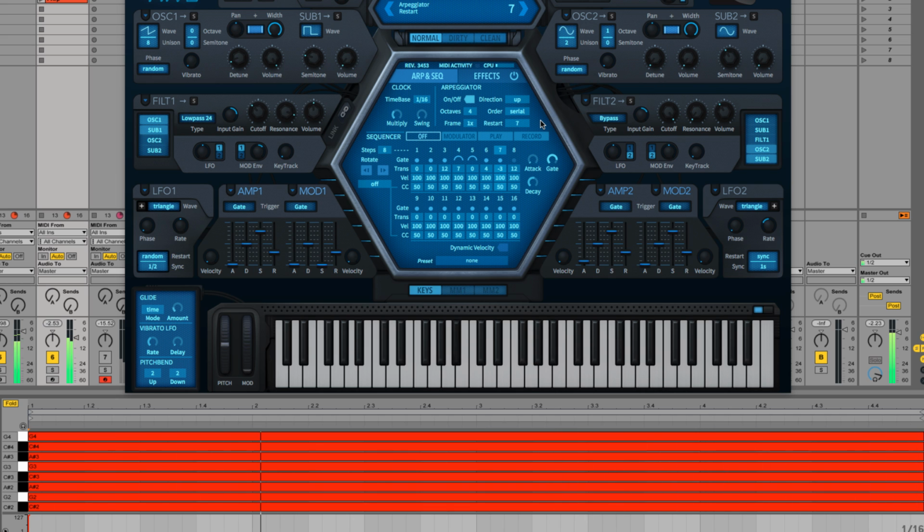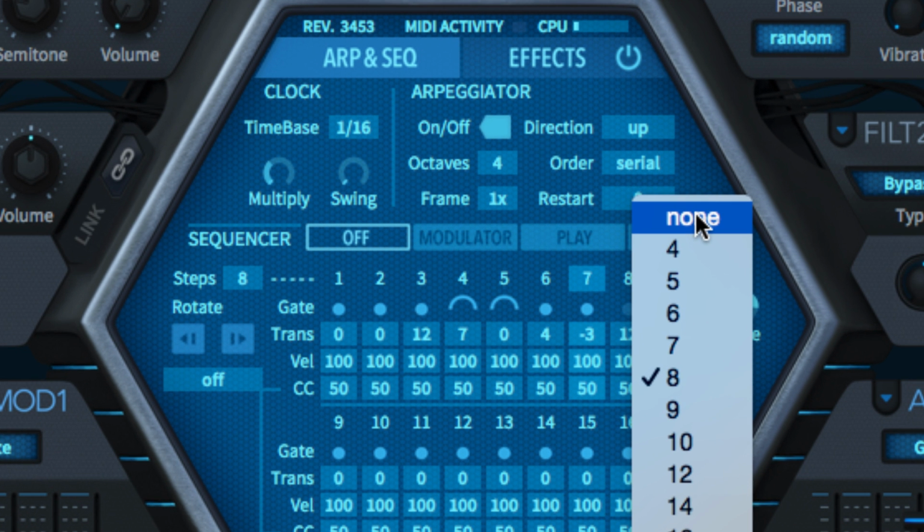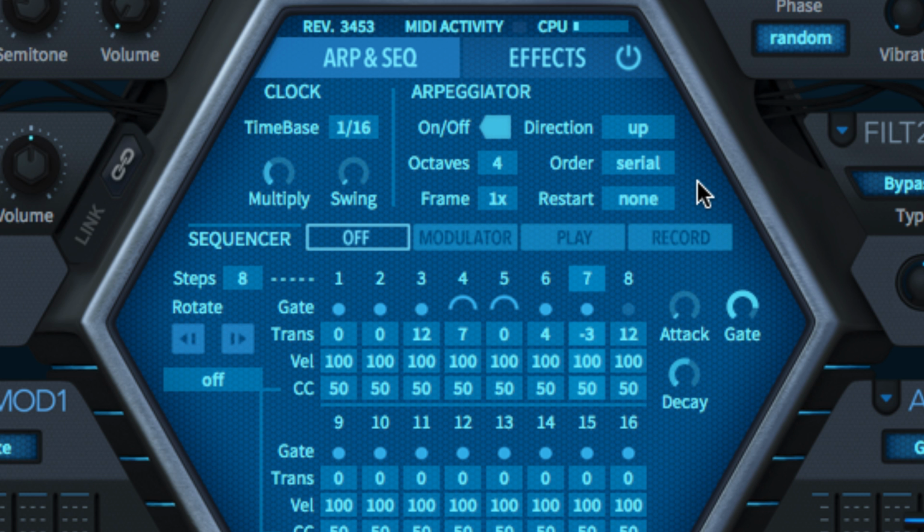This will happen on every cycle with shorter restart values, or just the overhanging cycle with longer values. With restart turned off, the arpeggio simply cycles from start to finish before seamlessly beginning again.